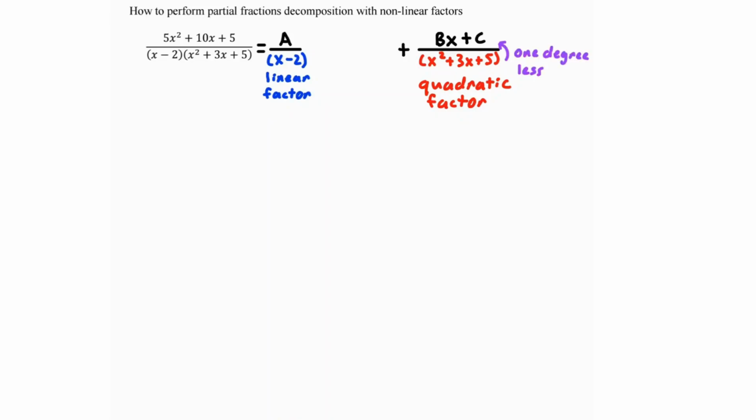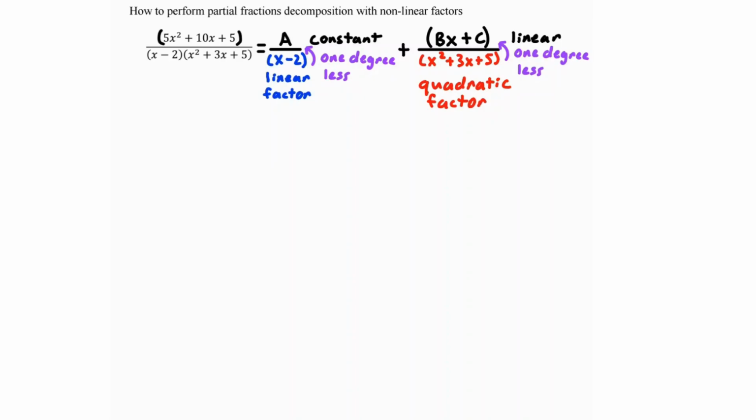So why is that? The numerator is going to be 1 degree less than the denominator. So if the denominator is quadratic, or x to the power 2, then the numerator is going to be linear, or x to the power 1. And if you go back to the linear factor, a over x minus 2, the denominator is a linear factor, which is x to the power 1. So if we go 1 degree less, the numerator is going to be x to the power 0, which is a constant. All right, to save us some trouble, let's put parentheses around the bx plus c